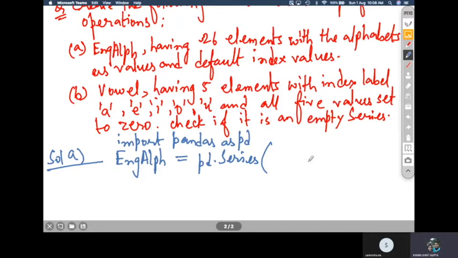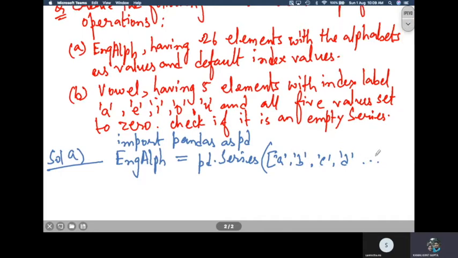Instead of writing 26 elements separately, like A, B, C, D, you don't have to write like this because it will take some time to write 26 alphabets in a row, right? So what I will do now is, instead of doing the question like this, I will use list comprehension. Now I have taught you list comprehension previously. So here you can see that using list comprehension we can do it.